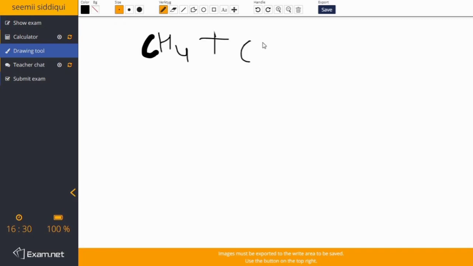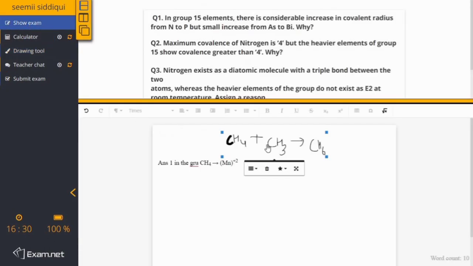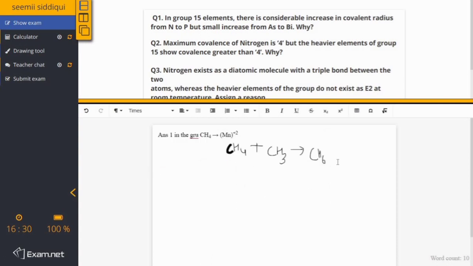You people are more into technology compared to us. This is just a guideline for attempting the question paper properly. Now just save it and then keep it in the exam sheet wherever it is required, same like we do in typing in a Word file.